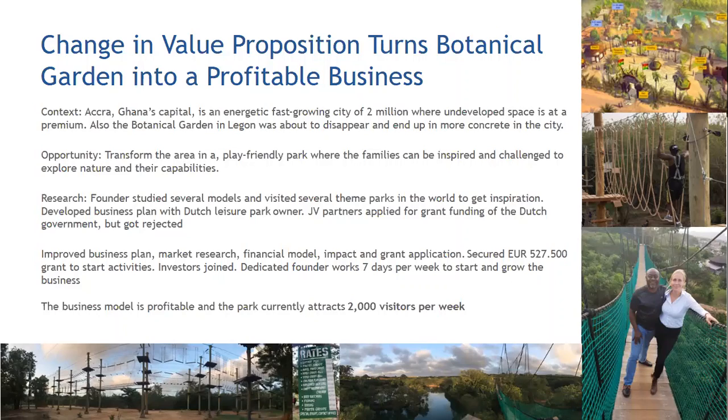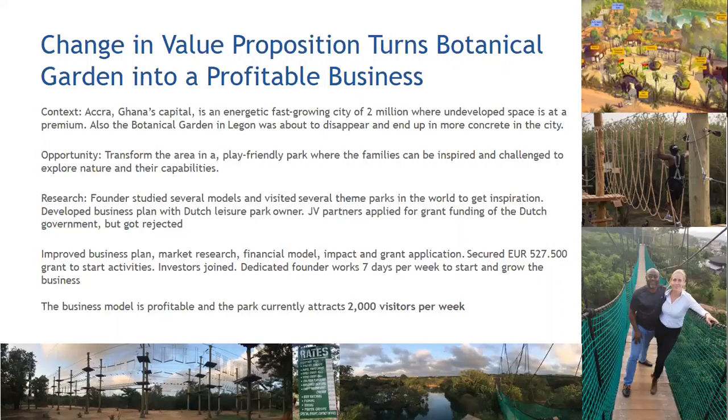They developed a business plan together with a Dutch leisure park owner. This other company already has this kind of canopy tour in Holland. Together they developed a business plan and applied for grant funding from the Dutch government. It got rejected. And the key thing was, the next step where I supported was to narrow down,